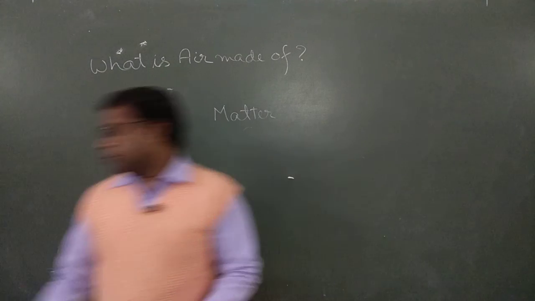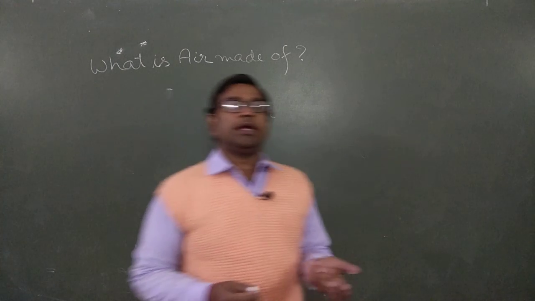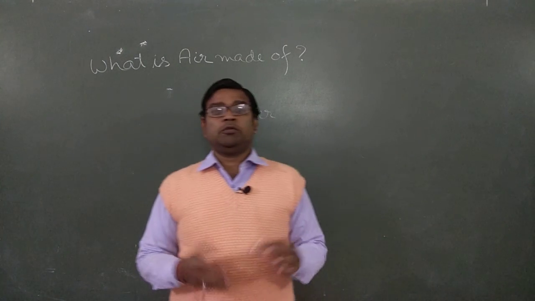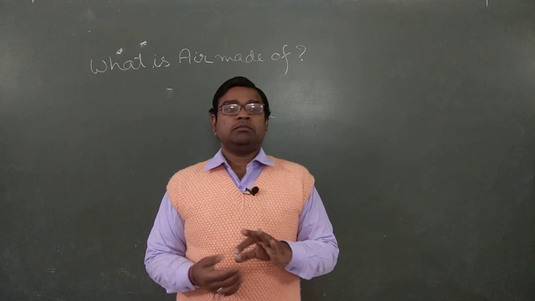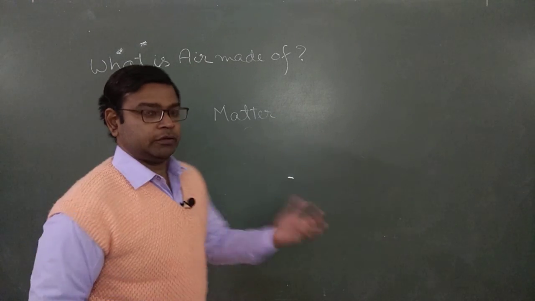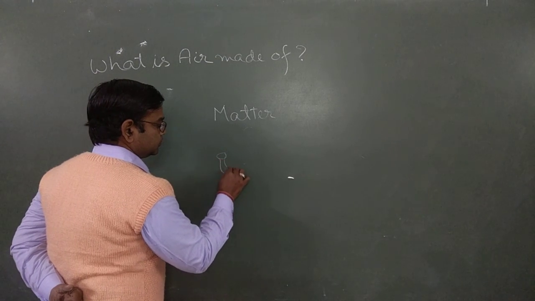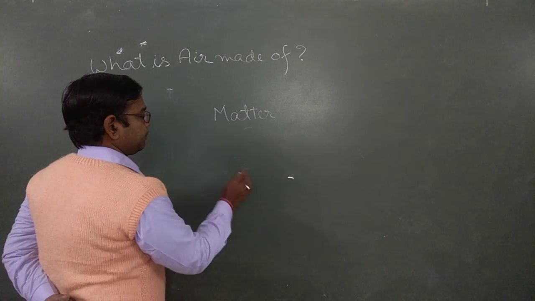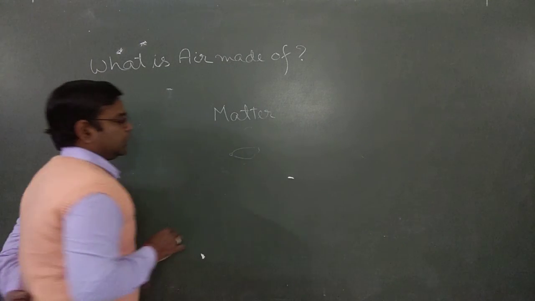In the case of air, we can easily say that air occupies space. How do we prove this? Take a balloon. In parties, especially birthday parties or different functions, we use balloons. If we take a balloon that is not inflated, it looks like this, with a small opening, and it is cylindrical.